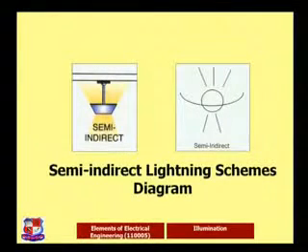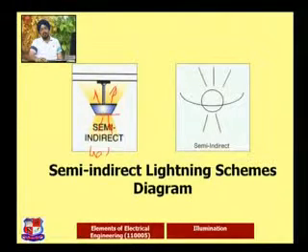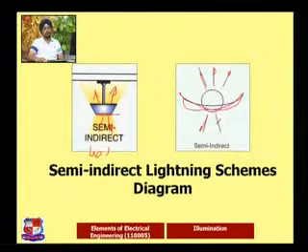semi-indirect lighting scheme. The diagram for the same: the source, some light or some rays are going downward, some are going upward. So in that case, in the indirect one, only 40% is going to come directly, and the rest, 50 to 60%, will go indirectly. Referring again to one diagram, the source and surface are there, most of the light is going to the upward side because it is indirect, and the direct lighting percentage is going to be lesser. So this way all these lighting schemes are useful and work.